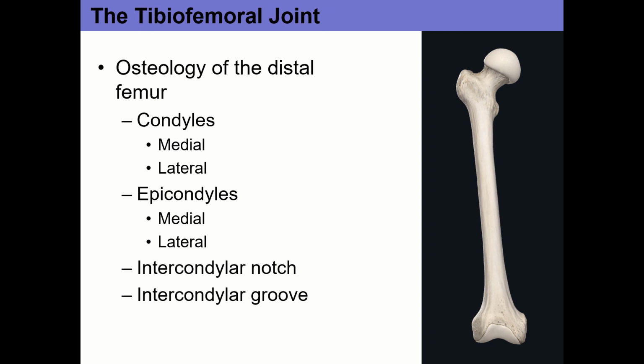Now, to the knee. View of some of the bony landmarks that we talked about a while back, probably Monday. So in terms of the femur, now you're looking at the distal aspect of the femur. So there's condyles and epicondyles. Remember that the condyles of the femur are the most distal aspect of the femur. So the condyles are what actually sit on top of the tibia when you're standing. And then the epicondyles above that, or more accurately described, proximal to that. So if the condyles are covered in articular cartilage and sit on top of the tibia, then the epicondyles are